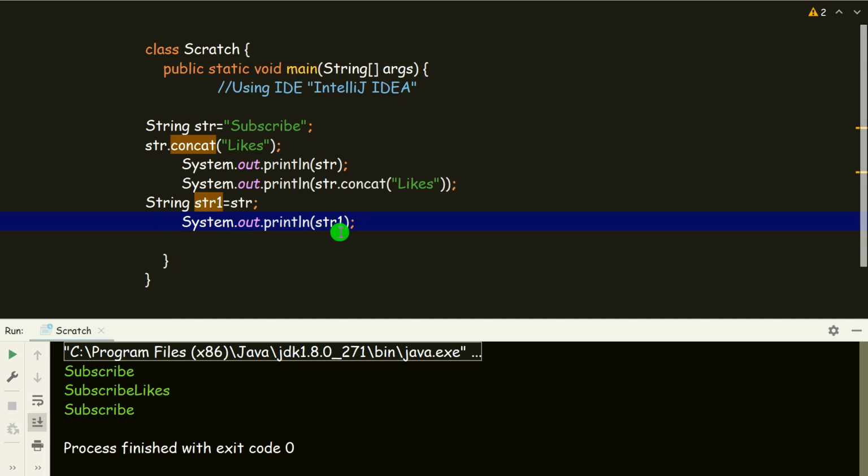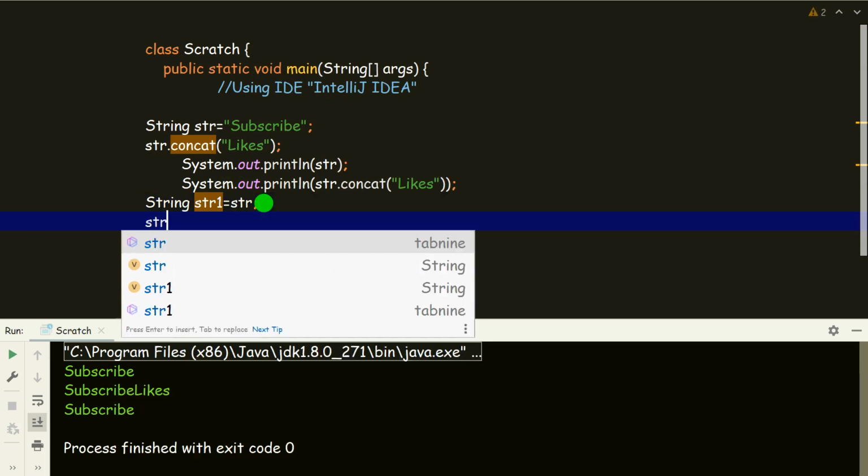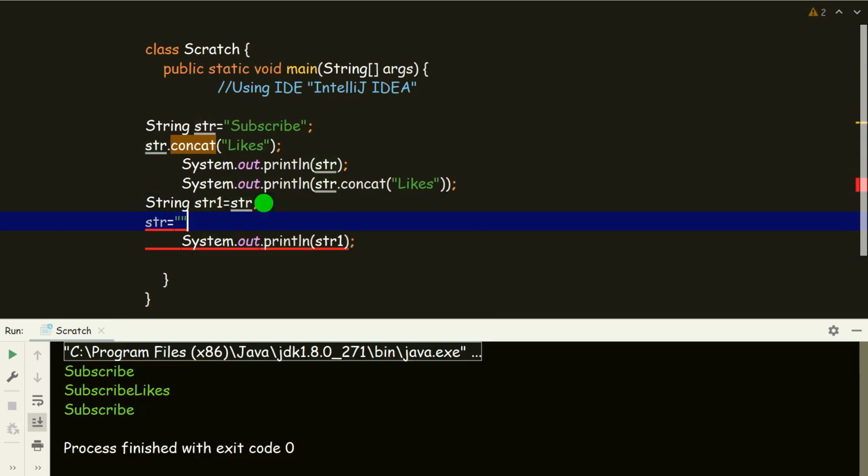Okay, what we have done is we have passed the value, but now let's suppose we give str another value, like str equal to "a sub". So what will happen over here, let's see.